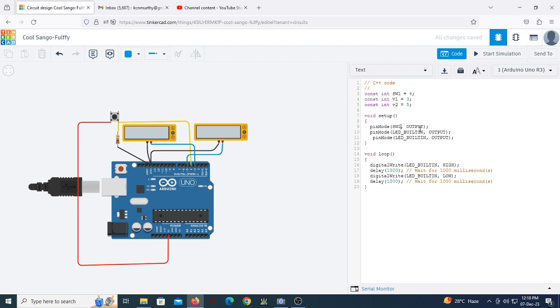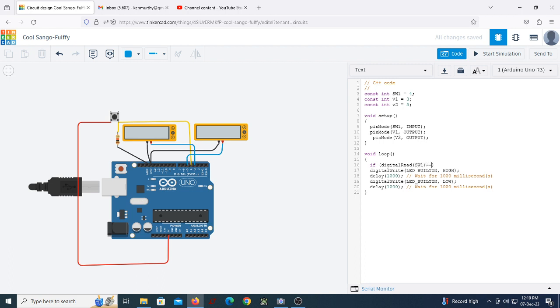SW1 is what? Input. It is input, and we have outputs as V1 and V2. V1 is output, V2 is also output. Now we will write a condition: if digital read of SW1